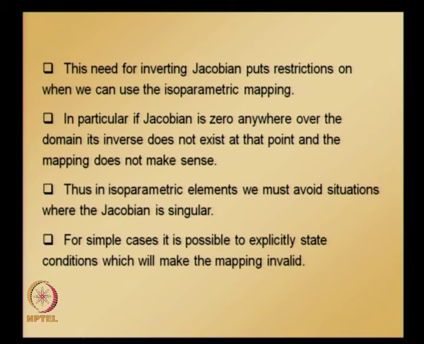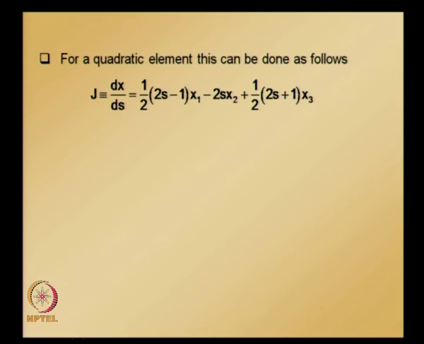So, we will be deriving those conditions now. For a quadratic element, we have the relationship between x and s. By taking the derivative of x with respect to s, we get the Jacobian. So, that is what is shown there,